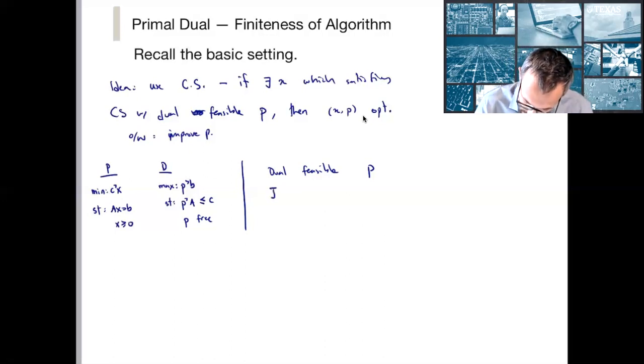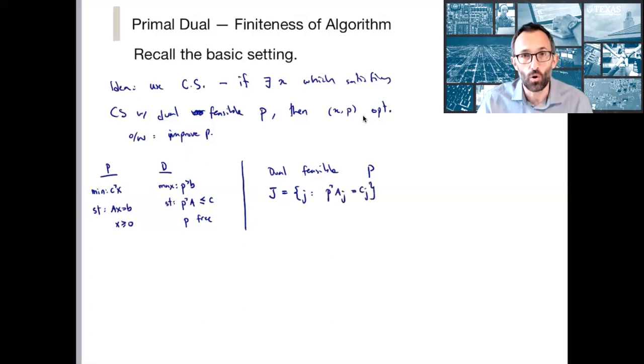So the key things here are J, which is the set of admissible columns, all J's such that P transpose A_J is equal to C_J. These are the only indices of X which are allowed to be non-zero, and therefore this allows us to define the restricted primal, which is